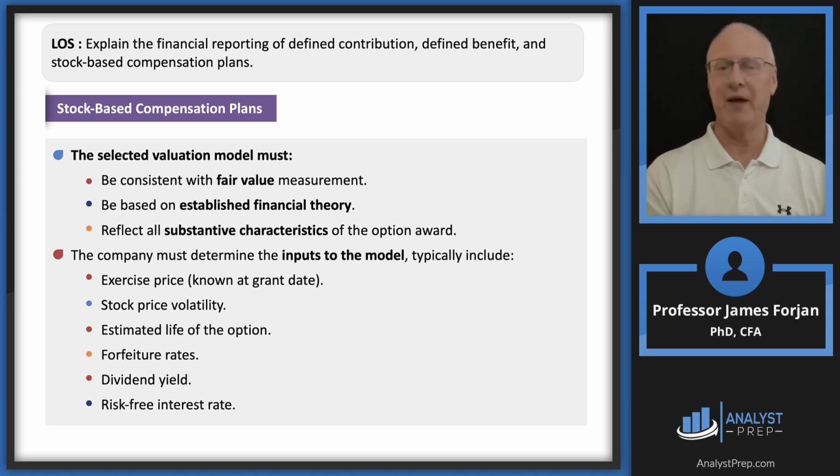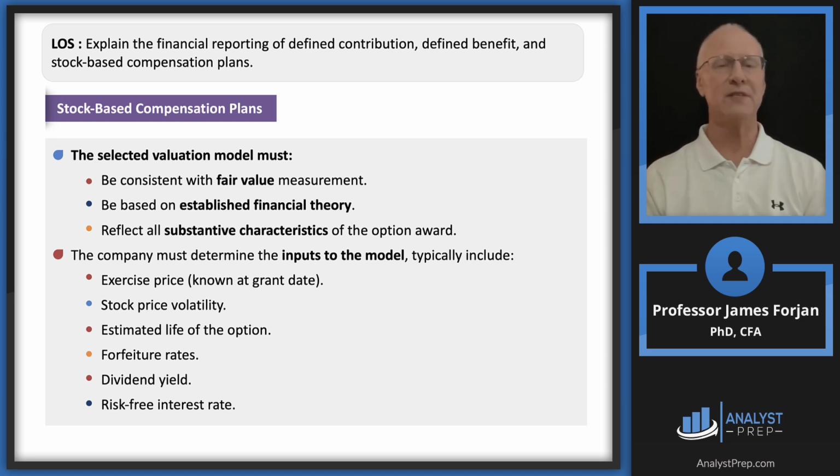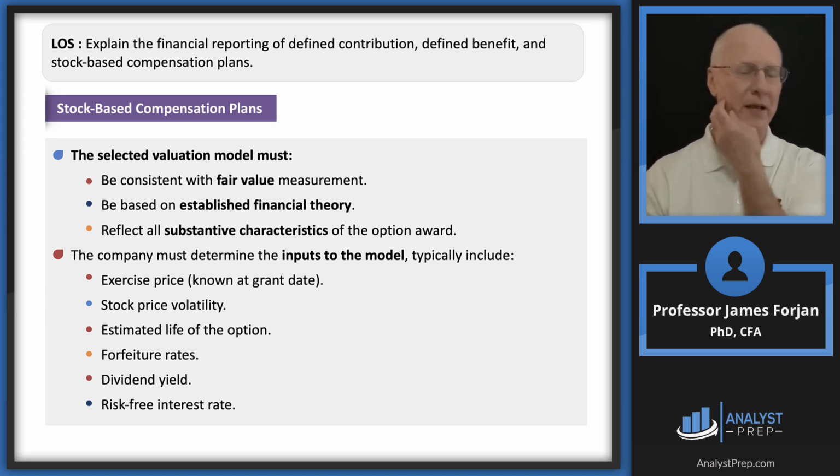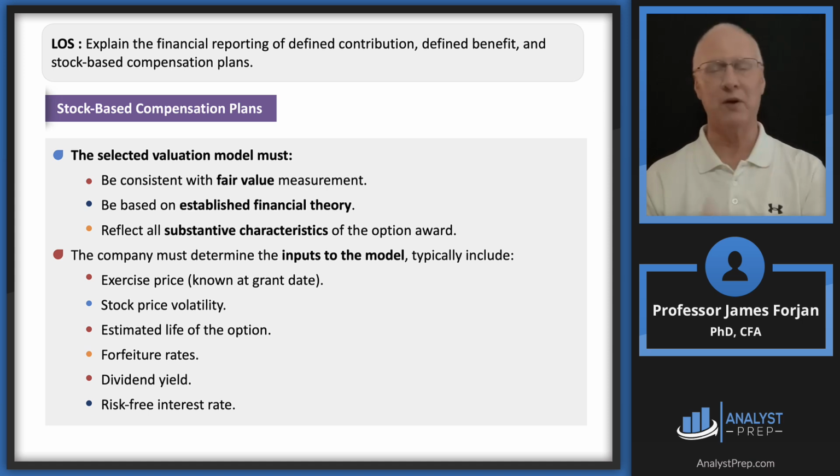If there's a dividend, it's going to depend on dividend. It's going to depend on the exercise price. It's going to depend on the stock, the underlying stock price. It's going to depend on the life of the option, and it's going to depend on the standard deviation of the underlying asset. In this case, it's the underlying stock. So a good question would be in multiple choice form. Here's an analyst trying to value these options granted to an executive. Which of the following is most likely going to be an input or most likely not going to be an input, depending on how the institute words those. So my advice is to start memorizing those bullet points there.